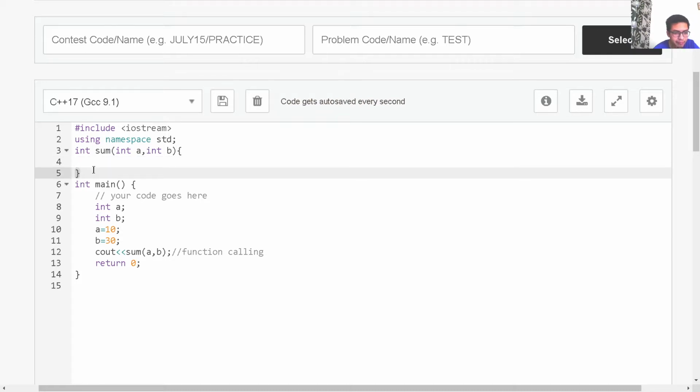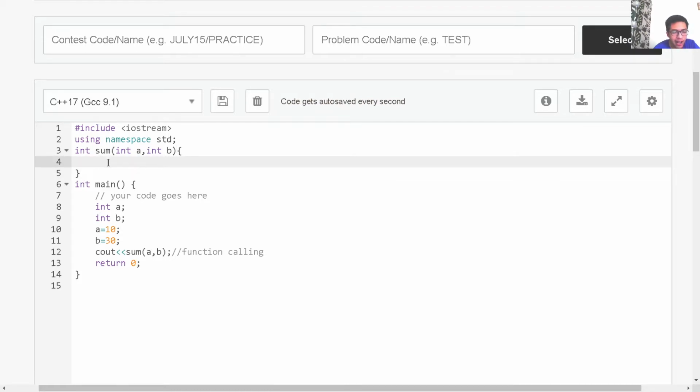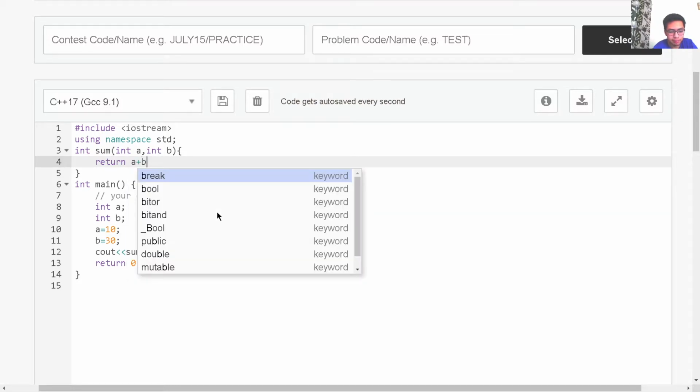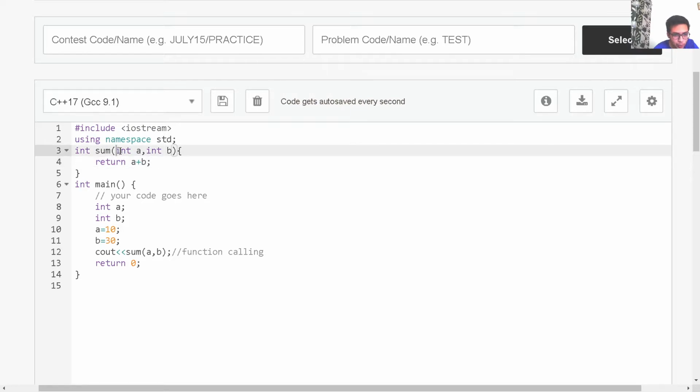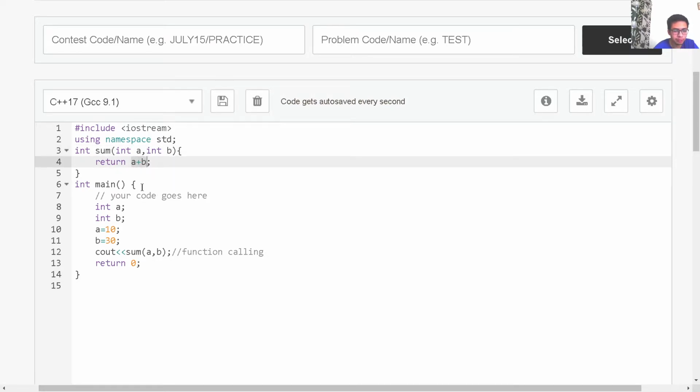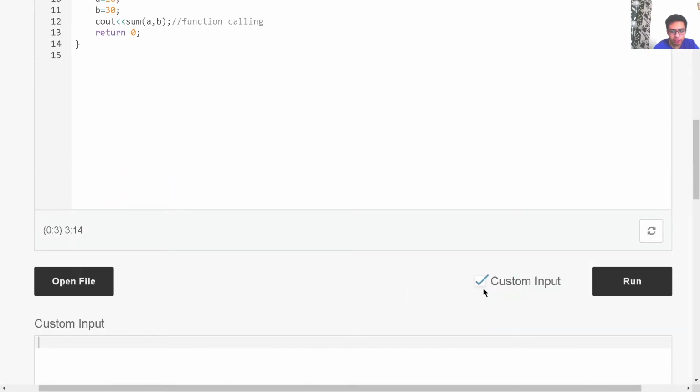Then it will automatically close the curly braces, and this is where I'll define my sum function, right? So what I will do is I'll write return a plus b, right? What this will do is it will take two integer type numbers a and b, and it will simply give us the sum of these two numbers, right? So now if I run this program,